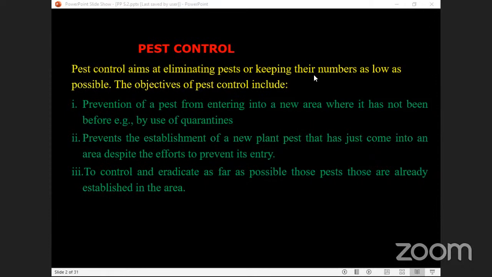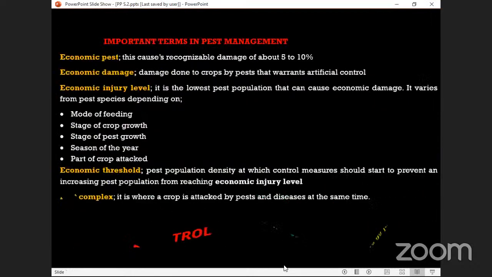If you already have pests in your garden, what happens? You have to control them, and you have to find different ways of controlling. And then when you are controlling, there are different terms we use in